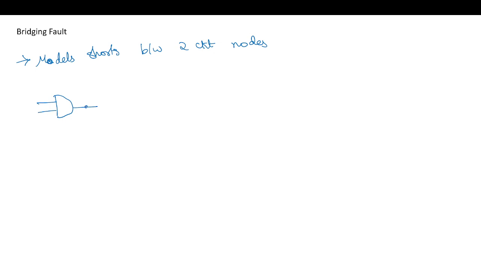If there is a line for VDD, and this node was shorted to VDD, this node is going to permanently remain at logic 1. That means this is stuck at 1. Similarly, if we have a ground line,